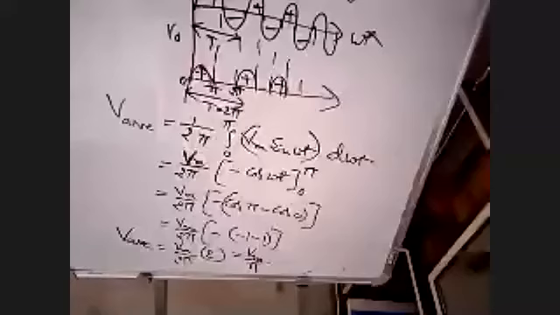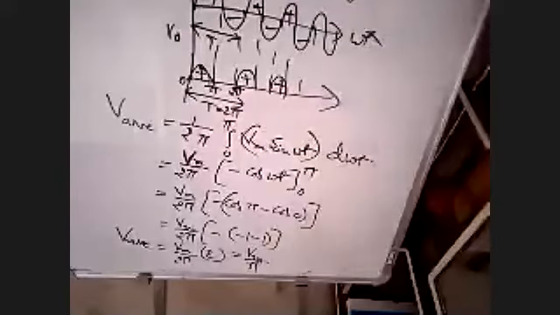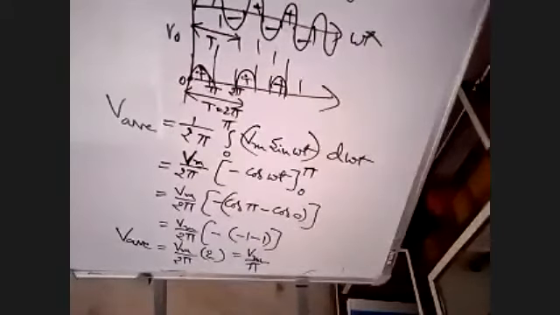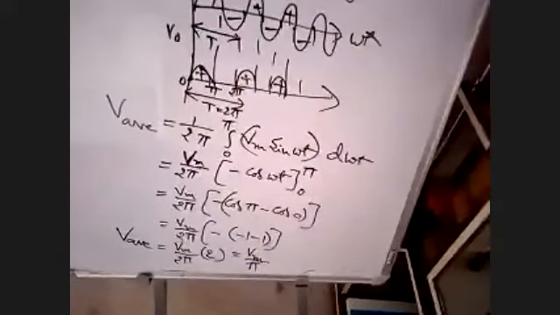Your input is AC, output is DC. This is called pulsating DC. Your output is called pulse. There is only one polarity, only positive polarity. There is no negative polarity here. That's why your output is DC. If you have both polarities, that will be AC. Your input is AC, your output is pulsating DC. So in exam, we have to derive this average voltage formula, Vm by pi. Average voltage of the half wave rectifier is Vm by pi.